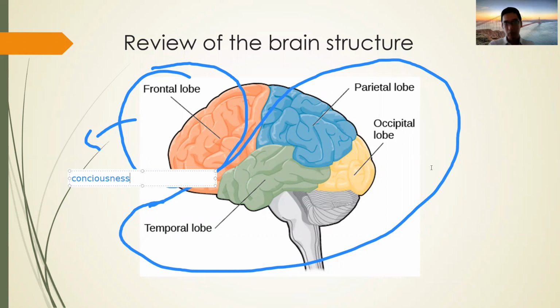Remember that when there are sensory receptors, the brain can have consciousness. So the sensory receptors are like the eyes, the ears, the sensory receptors in the skin. So the skin can feel the texture of objects and also the temperature. And the eyes have sensory receptors, so we can see visual information. The ears have sensory receptors, so ears can hear auditory information. Also the same with the tongue and the nose.